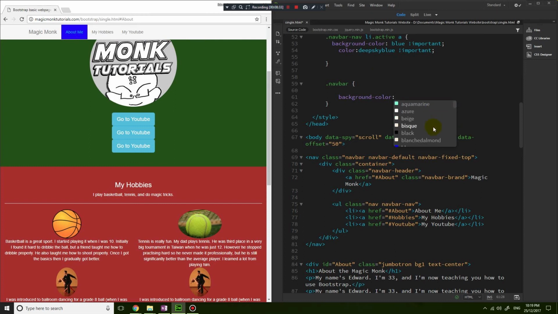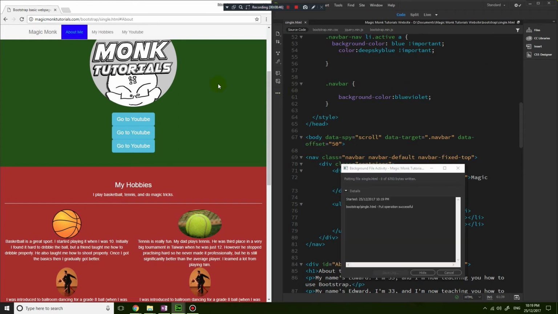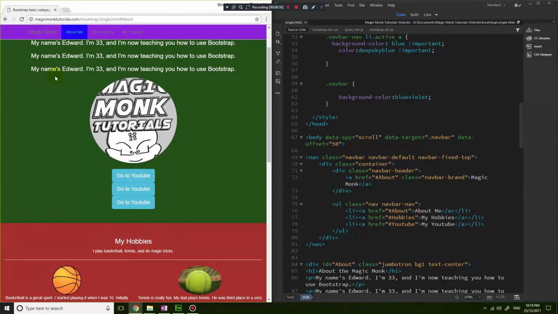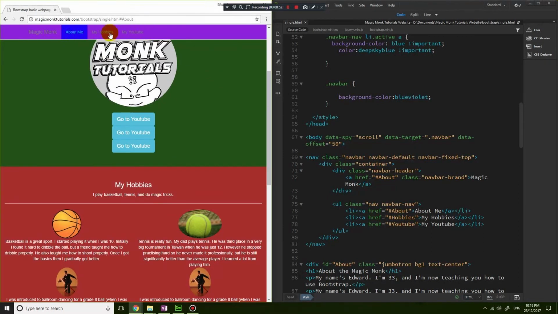So let's just make it crazy. Let's just go blue violet. Okay, and let's see what happens. Save, refresh, and you can see that the whole background color just goes violet. Okay,